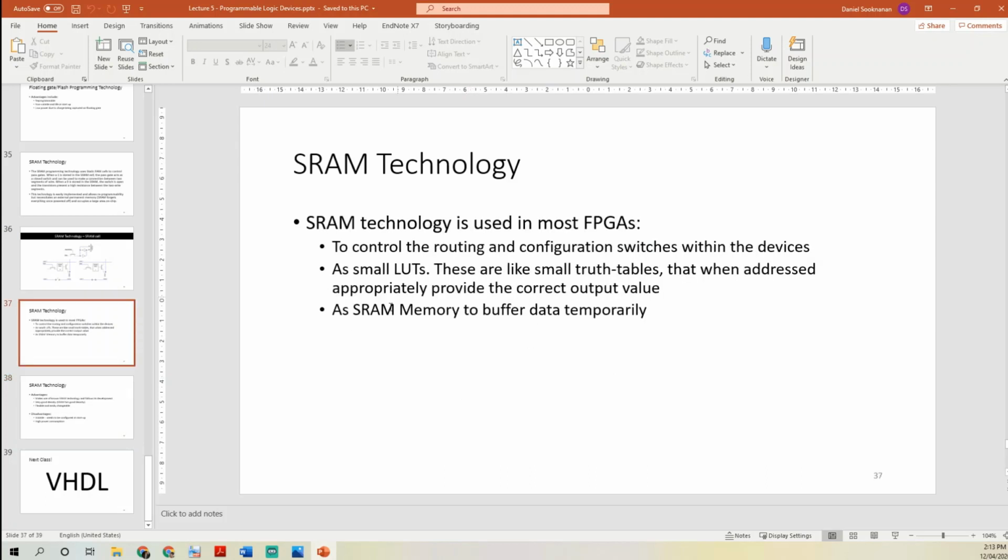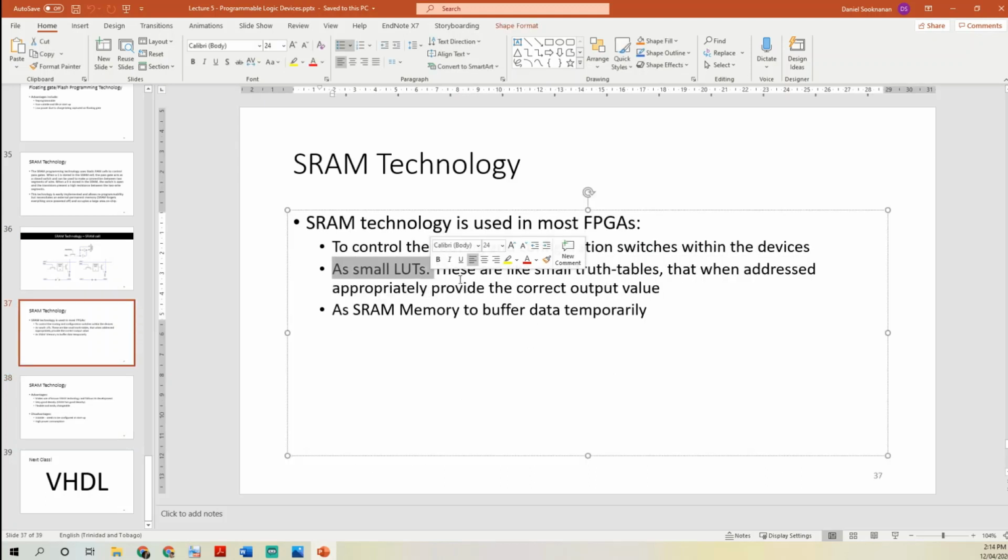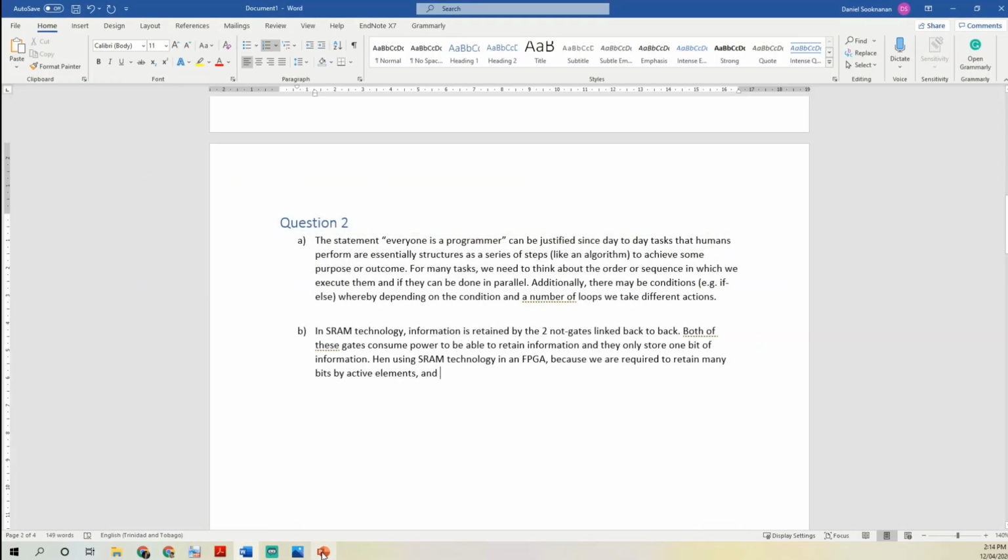And it says that they act as small truth tables or small LUTs. Alright, so we're saying so far, hence, using SRAM technology in an FPGA,